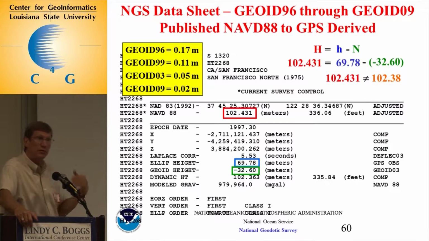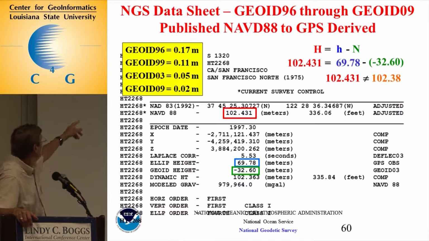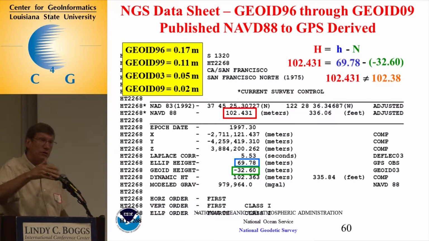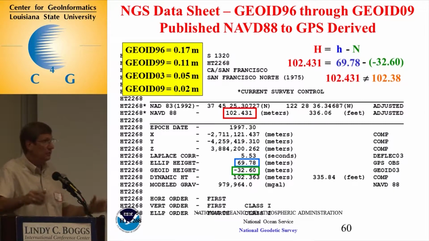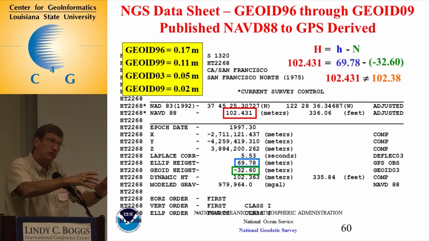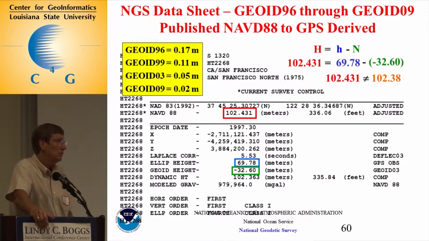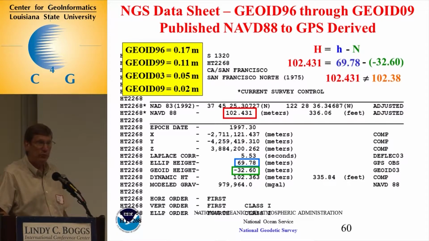So if someone did a GPS-derived orthometric height a few years ago using Geoid 03 and then came up and did it with Geoid 09, you'd get very similar, down to the centimeter level, orthometric heights. Because you're using the level heights to constrain to it. So anything that's left over, that little bit in that local area that the Geoid didn't have back then, was removed that way. Now, is it exact? No. Will it get you close? Yes. That was what those guidelines were, because these differences, if you look at these differences from here,